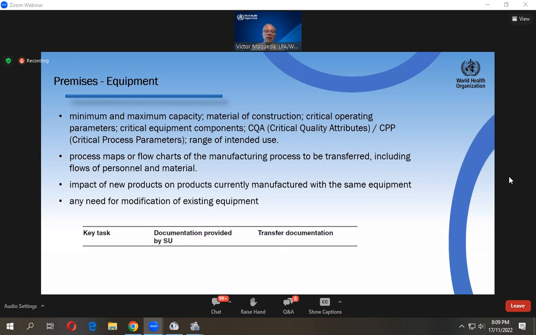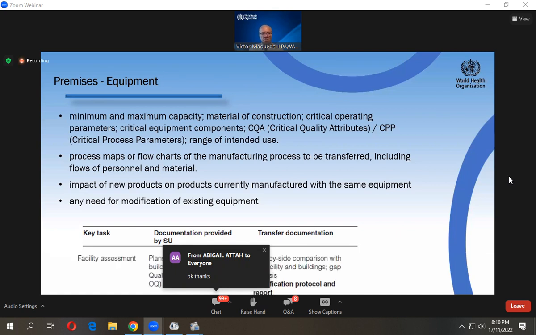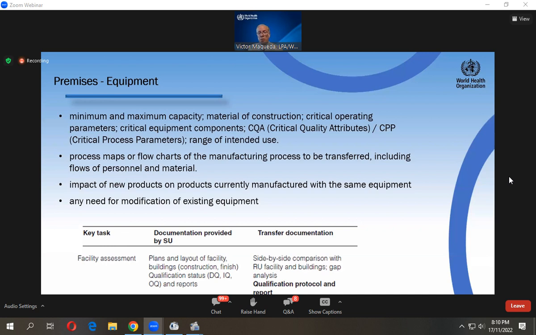Again, the key task coming from the WHO TRS, you can see facility assessment. You need to have the plans, the drawings of the layout. Qualifications, very important: design qualification, DQ, installation qualification, IQ, operational qualification, OQ, and very important, the reports, right? Very important, the reports, and this is also something that sometimes is a little bit difficult for companies to generate